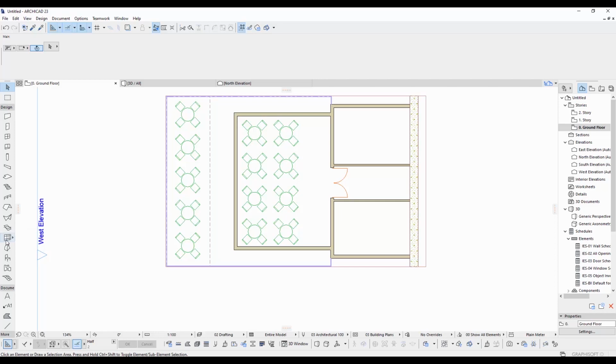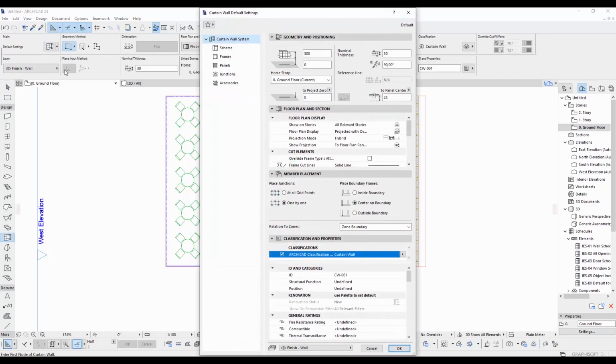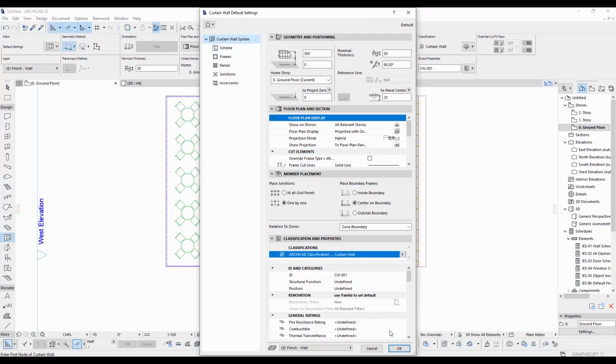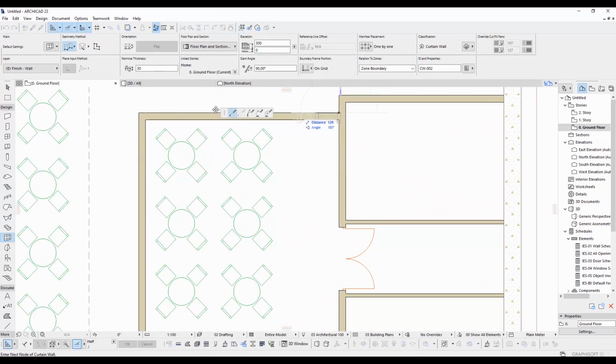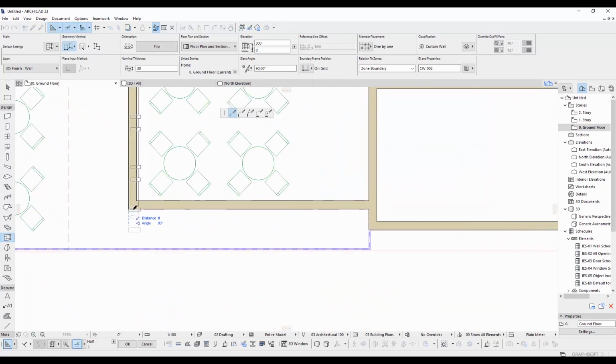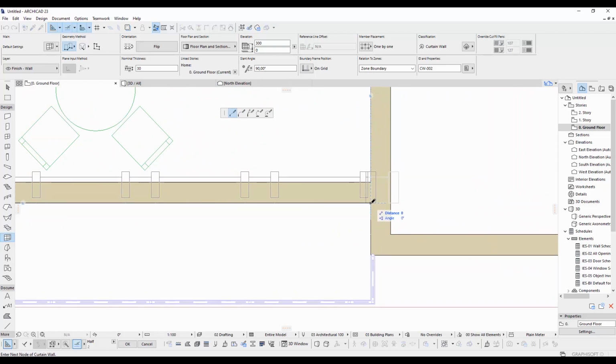After the railings, we can make doors and windows. For this, I'm going to use the curtain wall tool. Of course, we can use basic door and window tools, but I want a sample of usage of the curtain wall. I'm just gonna click onto this wall. I'm gonna delete this wall anyway.